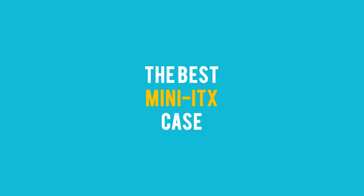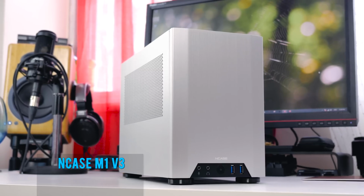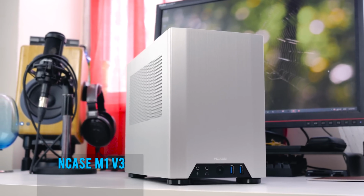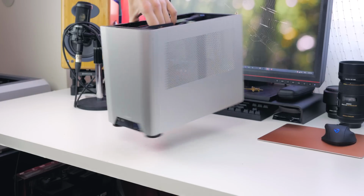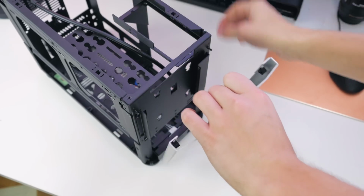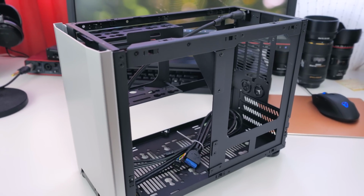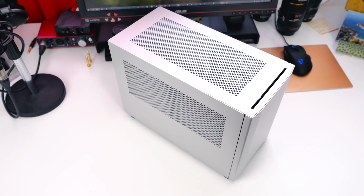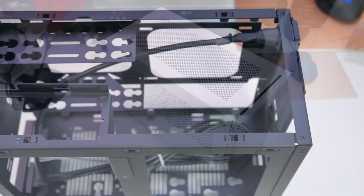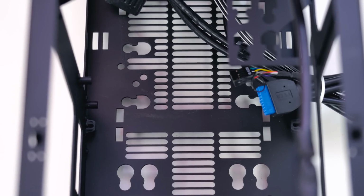So the first category is ITX, and this one hands down goes to the NCASE M1 V3. Building inside an M1 was truly an amazing experience. From the first time you easily pop open those aluminum panels and realize how light the frame is, but how solid it is too. Everything about this tiny beautiful box screams quality, from the refined aluminum edges to the way all the exterior panels are toolless. But when you make your way onto the inside, get ready for a tiny world of space optimizations